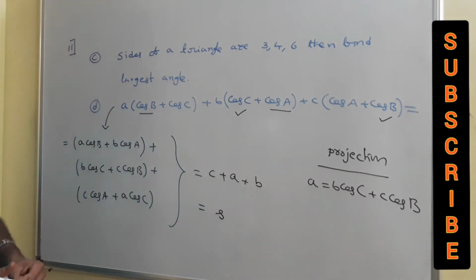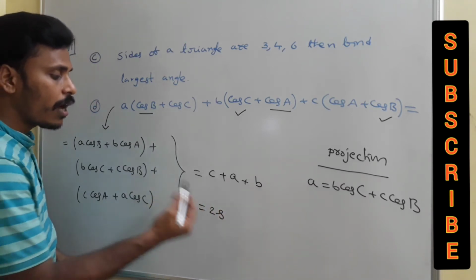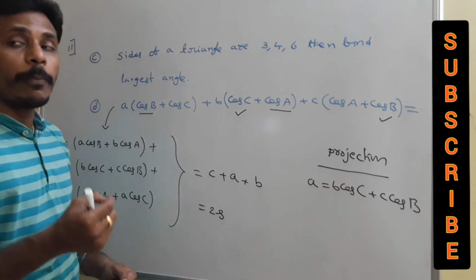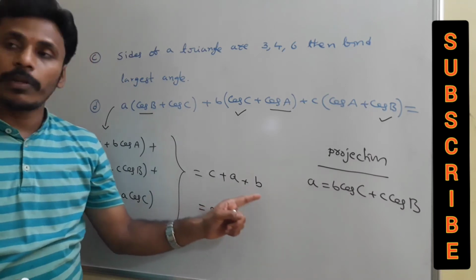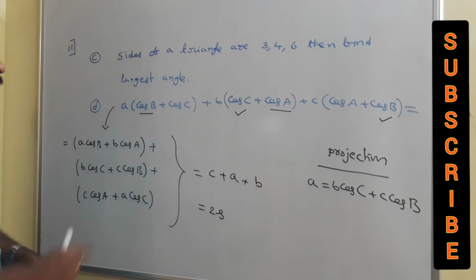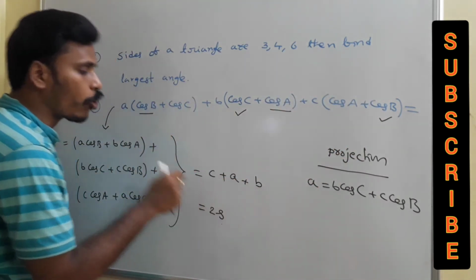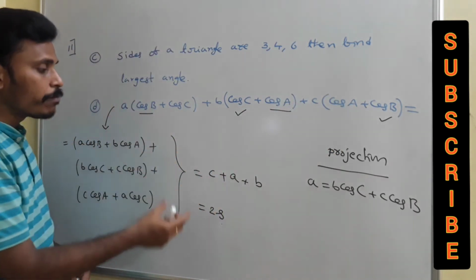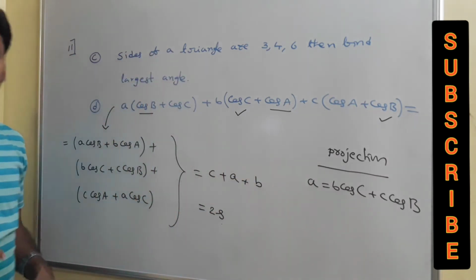Okay, what is S actually? Not S, it is 2S. a plus b plus c is the perimeter of the triangle, and usually we write it as 2S, where S is the semi-perimeter, half of the perimeter. With that notation, this a plus b plus c is nothing but 2S, or you can just stop there at a plus b plus c. So look there, the simplification of these 6 terms is nothing but the perimeter of the triangle, and it is simplified just with the help of the projection rule. Just have a look and then think about 11C.